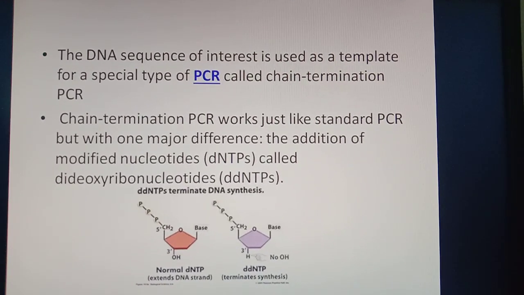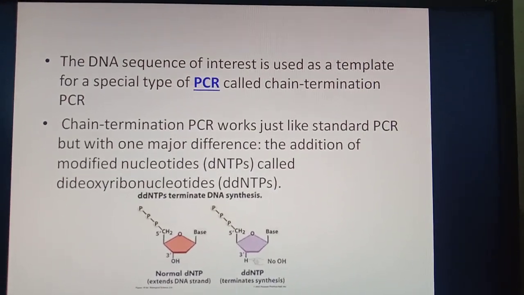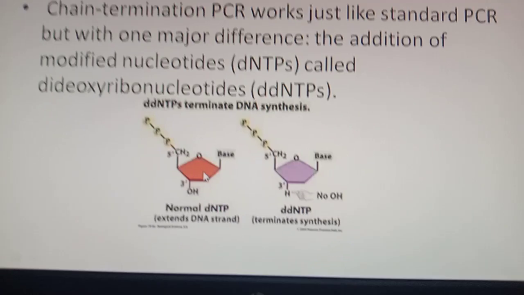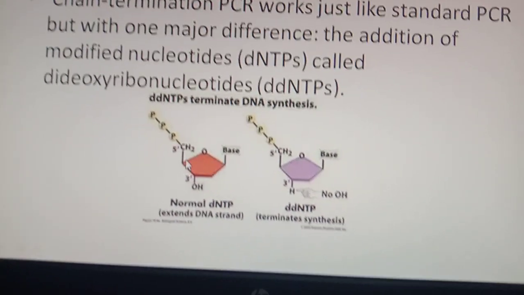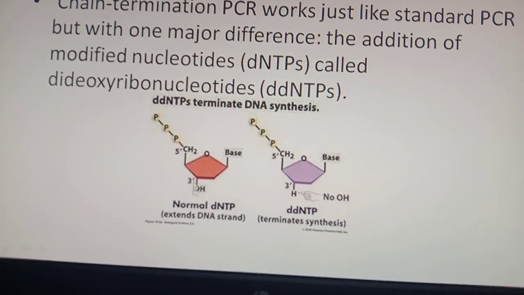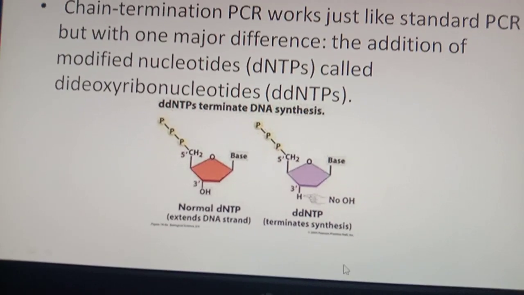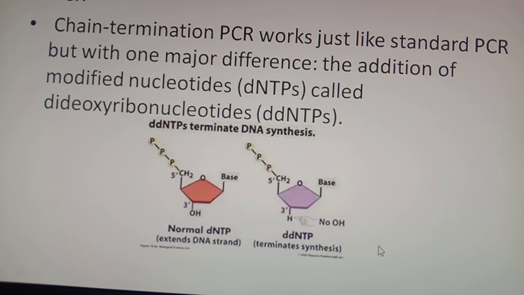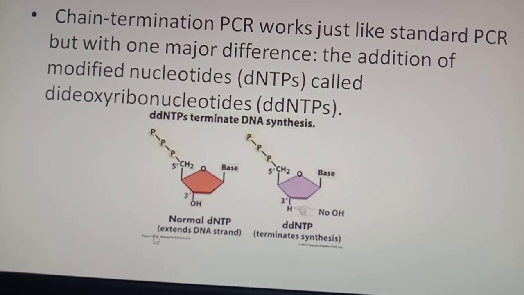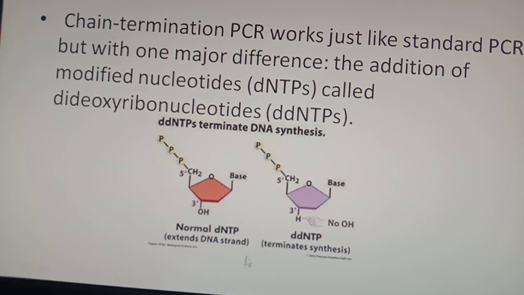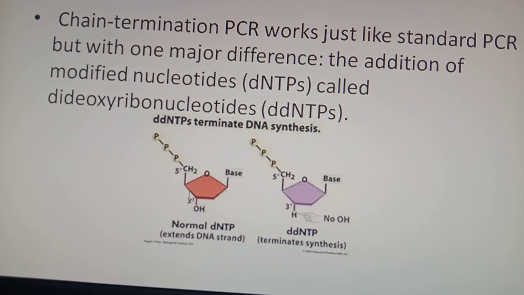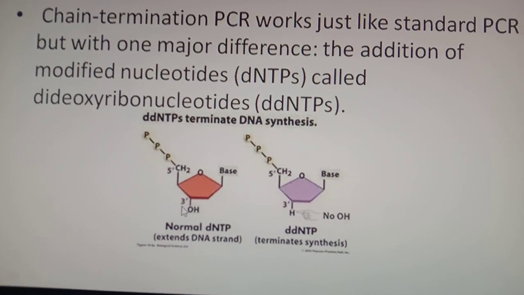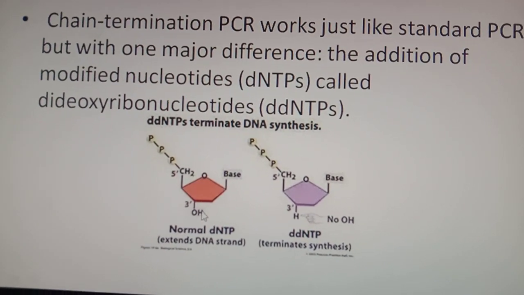is, along with the normal dNTP, we will use a specialized dNTP, that is ddNTP. You can see here, in a normal dNTP there is a hydroxyl group over here. ddNTP stands for dideoxynucleotide triphosphate. Normal dNTP is deoxynucleotide triphosphate. In the ddNTP, this particular O group is removed.